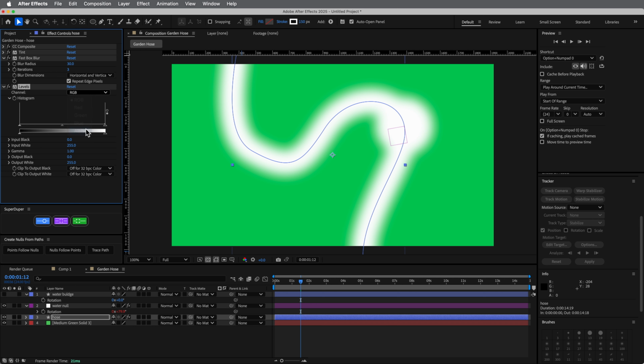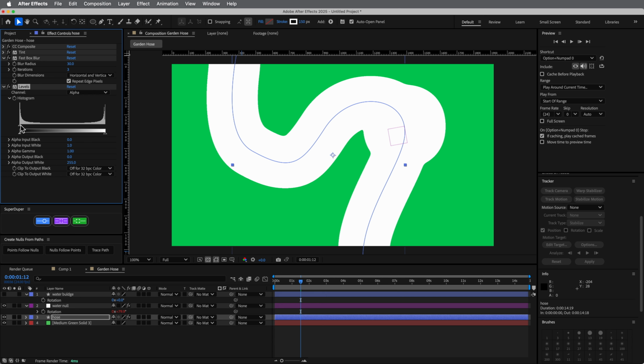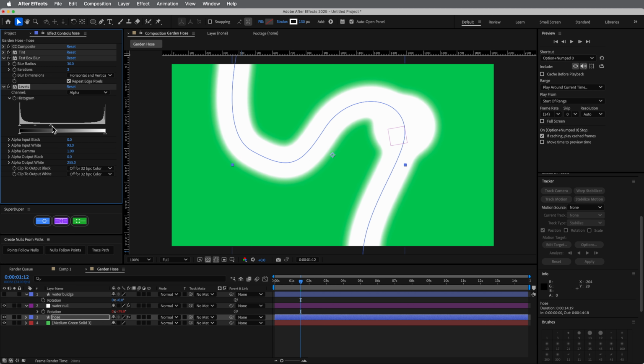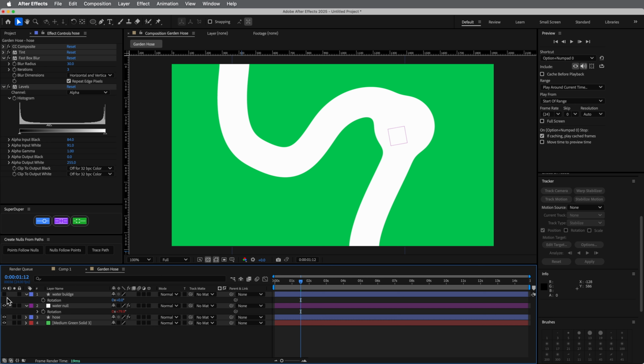We want to go down to alpha, and then as we bring them closer together, you can see they start to sharpen up, and you don't see that fuzz anymore. So let's make it so it looks pretty good. And see, what happened is, because of that blur, it smooths out that transition from the hose to that little bulgy part. Let's turn this on again, and you can see now,